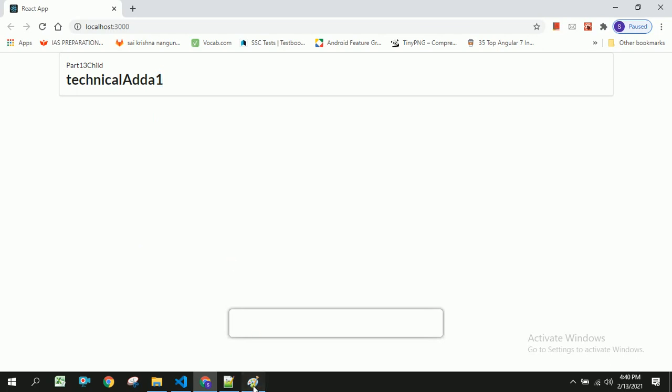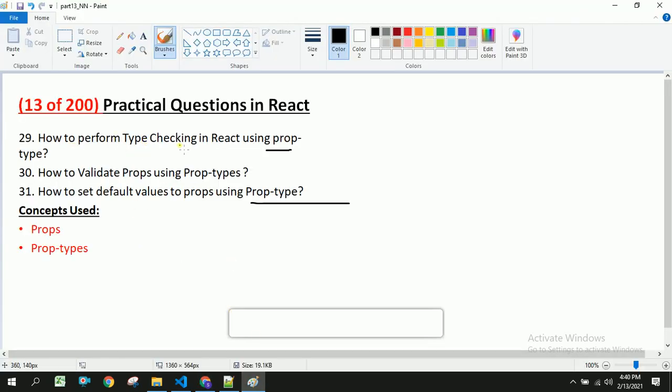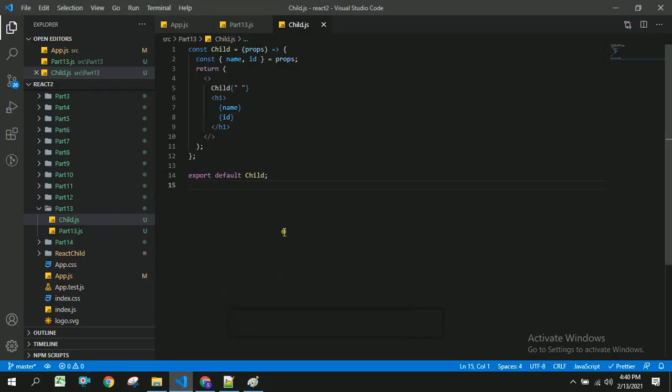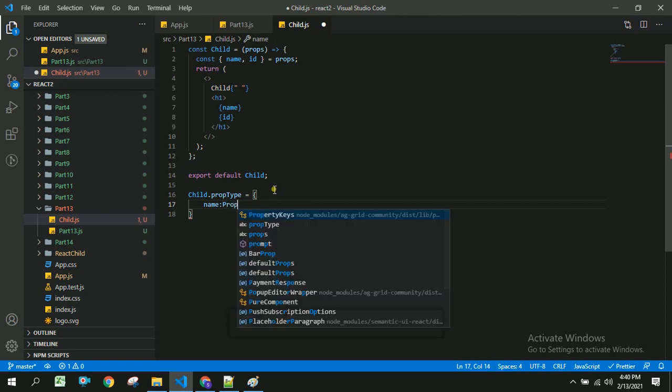The next one we are going to see is how to perform type checking in React using prop types. For this I go to the Child component. Child is the component name, and Child.propTypes equal to name and id, which are the properties we are getting from the parent component.